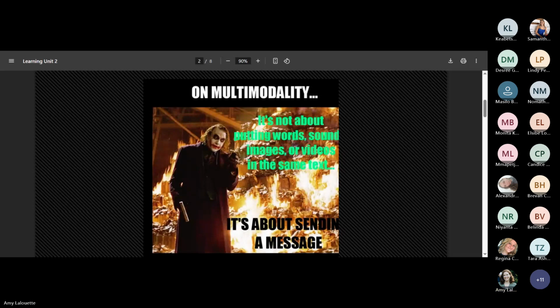But you don't want to put in different modes just for the sake of it, because that leads to overload and overstimulation. You want to think very carefully, why am I putting this image up here? I'm putting this image up here because hopefully it's still relevant. The Dark Knight is an amazing film, and it's pretty iconic, that image of Heath Ledger